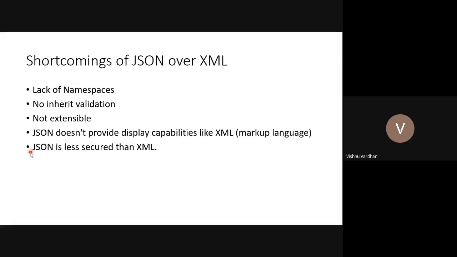So JSON is less secure than XML. This is also something we have discussed already. Whenever you depend on lightweight applications in which security is not that important, you can freely depend on JSON. But whenever we are dealing with financial applications, suppose you want to send data to a banking application, JSON is not a preferable approach because some middlemen can hack the data and take advantage of it, since JSON is not that secure.